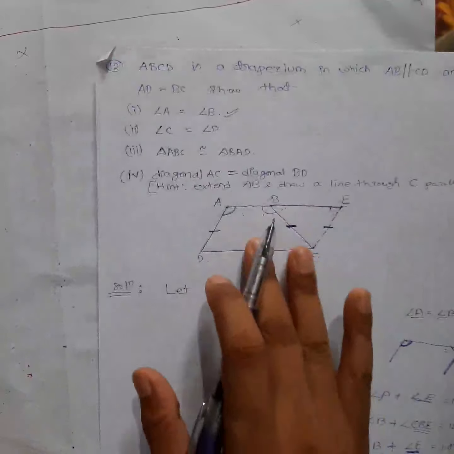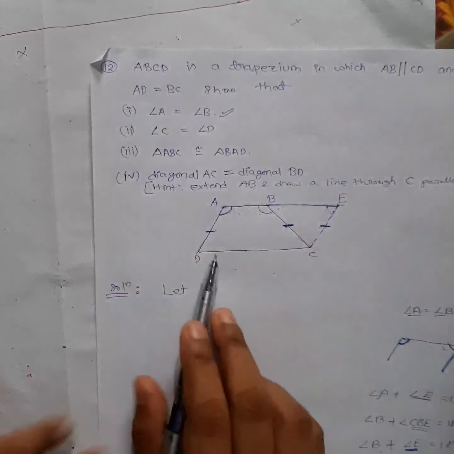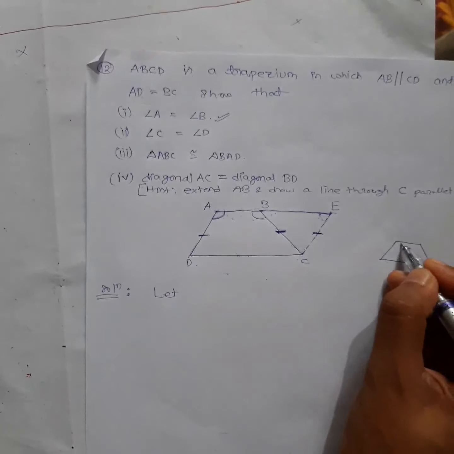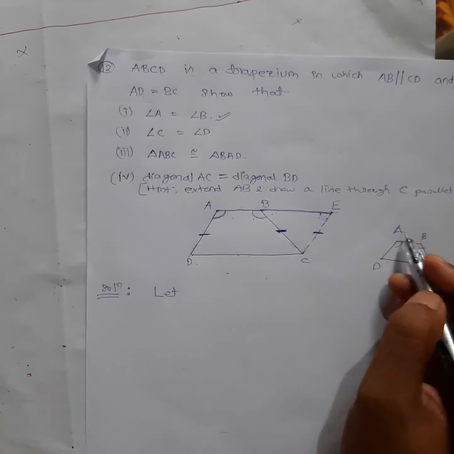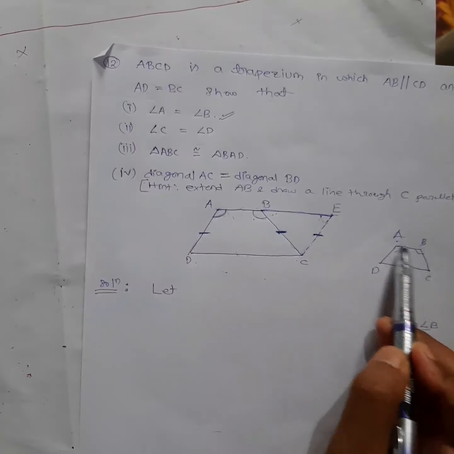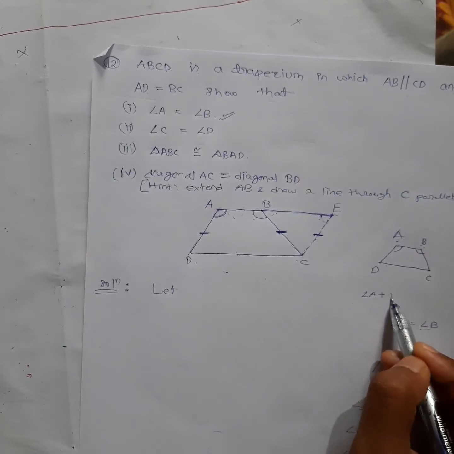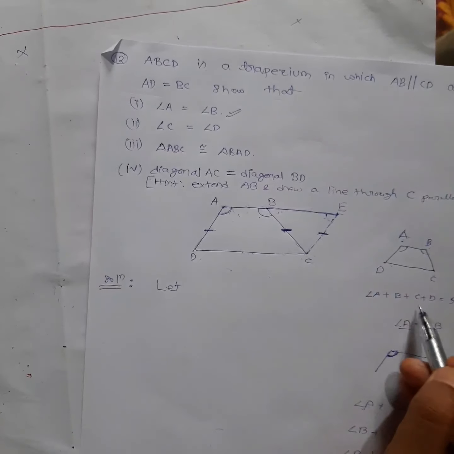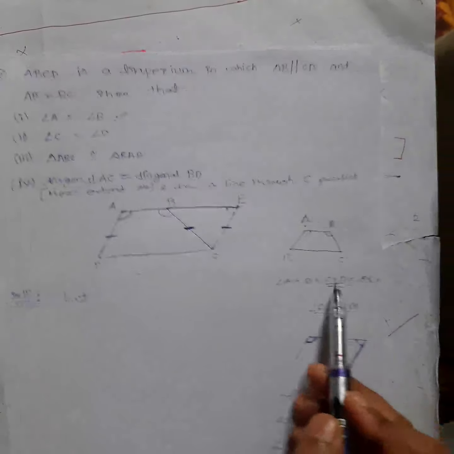If you want, you can try with another method also. Without constructing this, try to make an equation. We can always make an equation of this one, but that will not help. You might be thinking like this also. See here, I will show you that also. A, B, C, D. I just have to make one equation where A and B must be there, right? So see, I can make an equation, but that will not help. You can see A plus B plus C plus D is equal to how much? 360. Can I write? Now I have to remove this C and D. To remove C and D, I have to write them in terms of A and B, right?